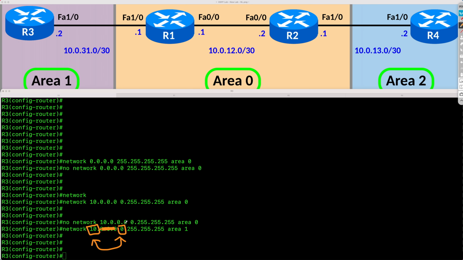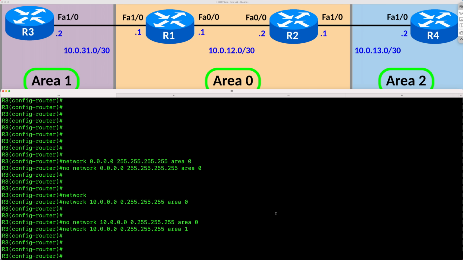So wherever I have 1s in the wildcard mask, I don't care. Meaning, as long as the first octet matches, I'm going to enable OSPF on whether I have 1 network or 10 different networks. I'm going to enable OSPF on all these different networks. And this should be fine. We can do it this way, even though I would prefer this to be more specific, but that's good enough